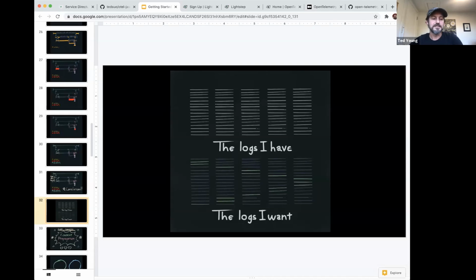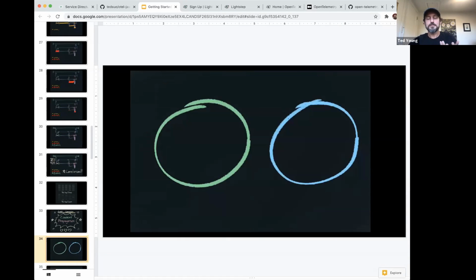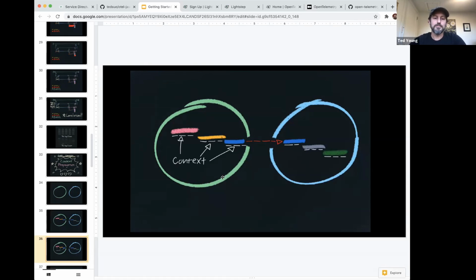But at the heart of tracing is something called context propagation. So context propagation is what actually makes this easy, but it is the thing that makes setting up something like distributed tracing a little more difficult than setting up something like standalone logging or metrics. So what context propagation actually means is, let's say you have two services and they're in a transaction. So you have some spans, and then you have this network request and some more spans. Within the process, you need to have a way of propagating all of this context. So we call that a context object.